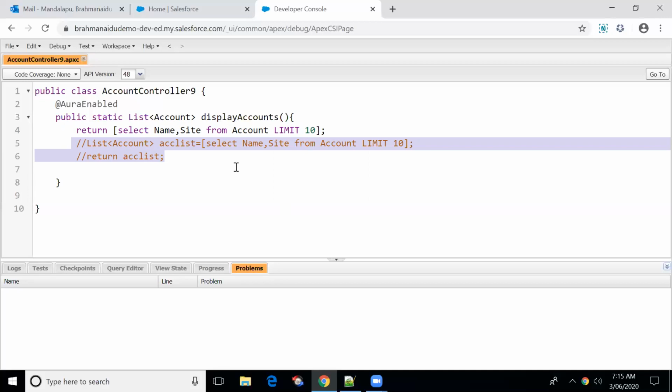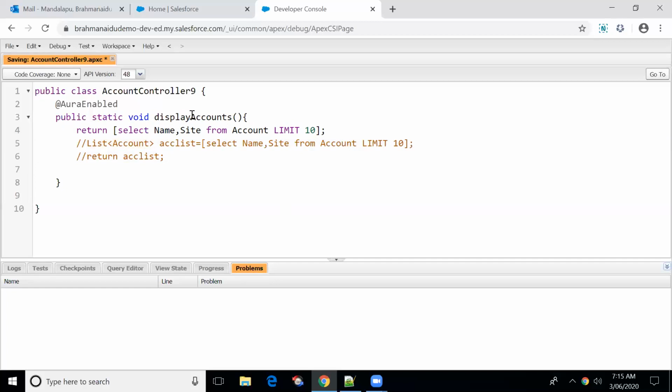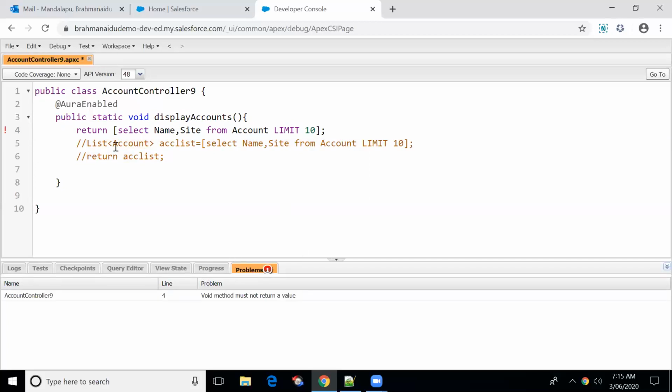There is no need to use a void return type. Public static void. No, Lightning will not accept void. Let me show you that as well. Public static void. Let me remove return as well.